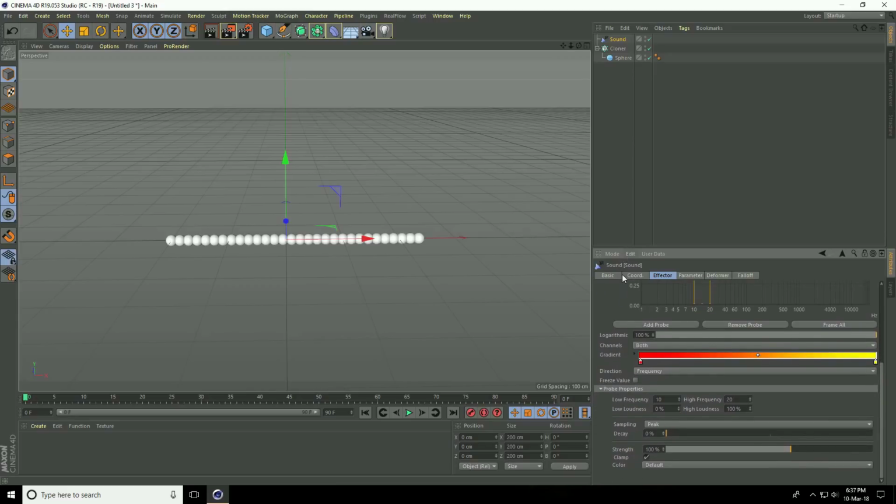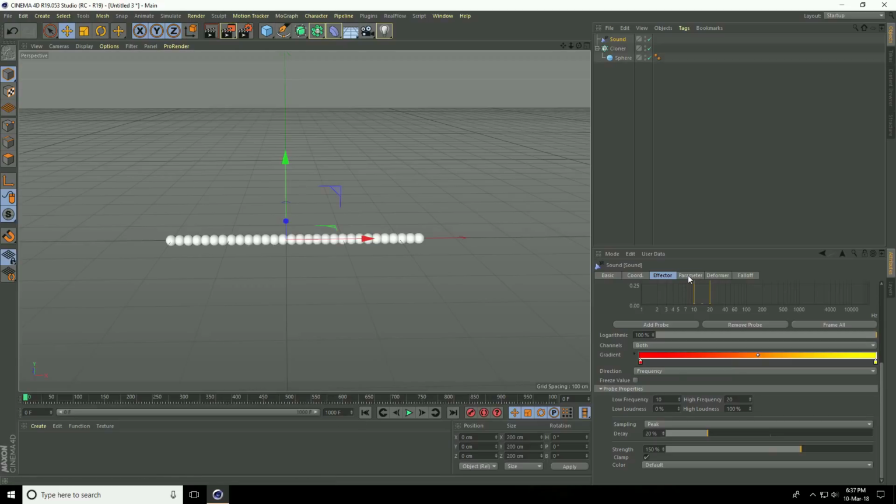Guys, go down. This is my decay and strength, increase. Decay take 20% and strength I take 150%. Increase frames. I take 1000 frames. Guys, I go to parameter.